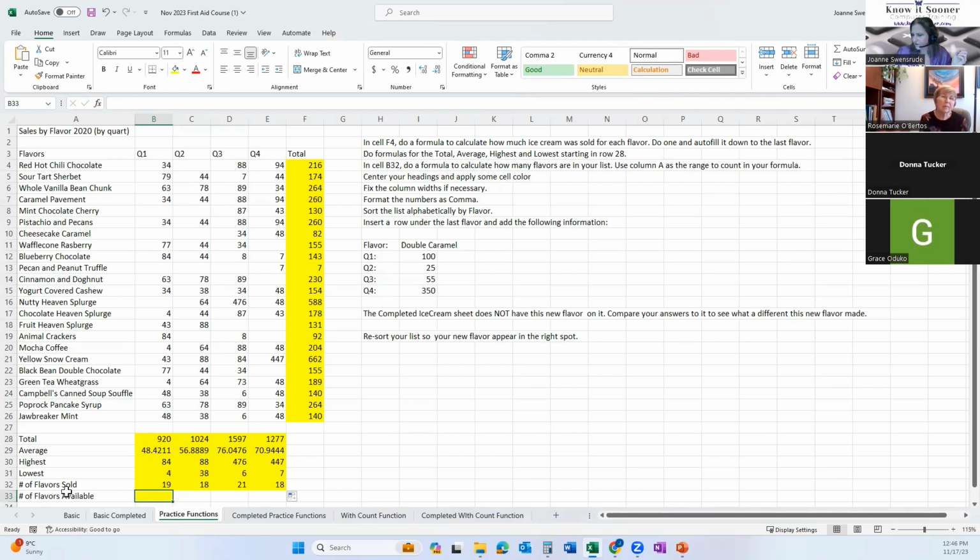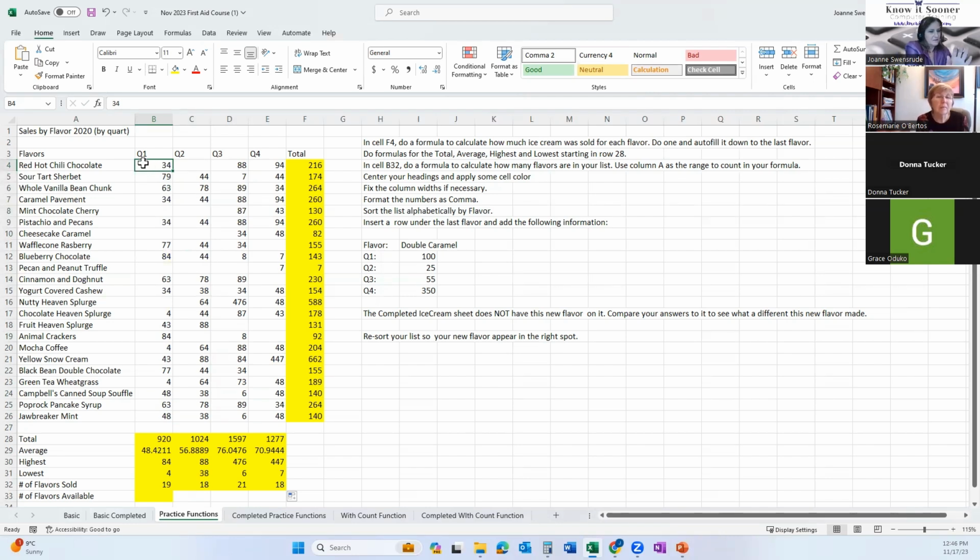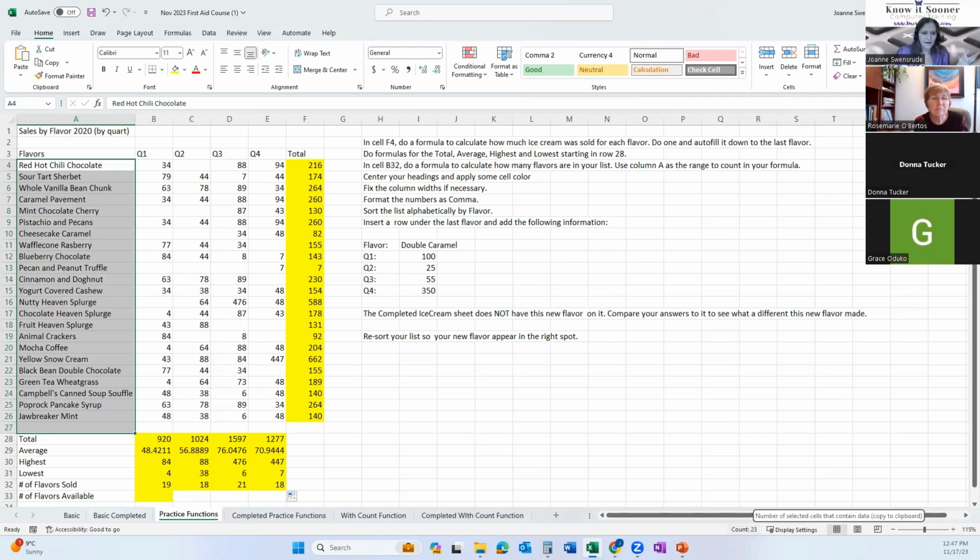So if I asked you how many flavors were available, it doesn't matter how many have been counted, how many of them are available. So if I took my hand and covered up B, C, D, and I just went to column A, let's see if it will show it down at the bottom again. Down at the bottom, it says count is 23. That kind of makes sense because the one beside it has 4 blanks in it. So 23, public math. 23 minus 19 is 4, right?